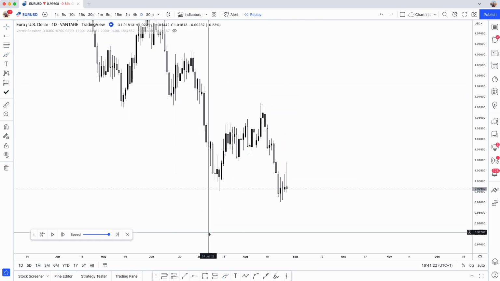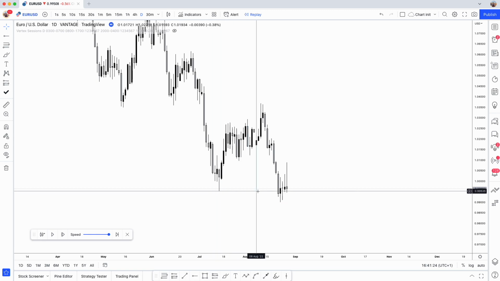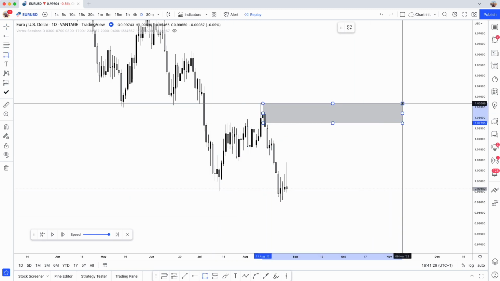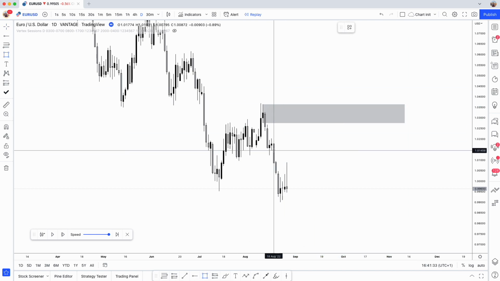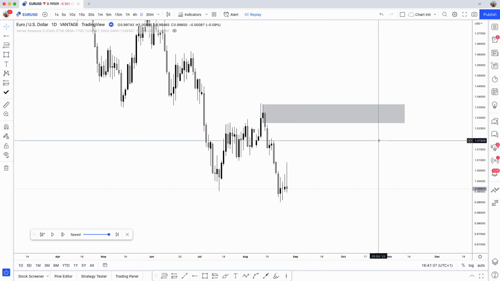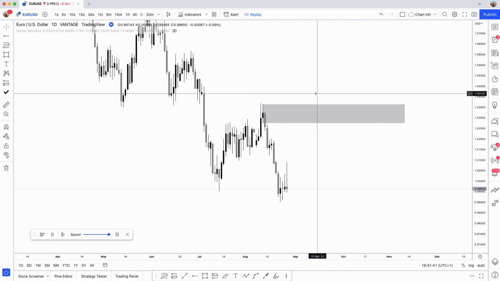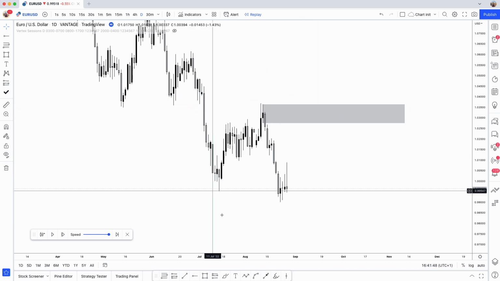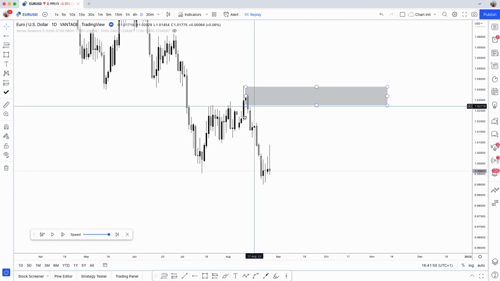Now the only thing that we can say here is that this break of structure here is formed from this POI at the range high. Now personally, we only stick to the extremes ourselves. I know sometimes people can mark this as POIs and so on, but we don't tend to do that purely because we haven't found much consistency from doing that. We're better off being patient and waiting for price to reach our extreme points. So in terms of the daily time frame, we only have this POI going forward.